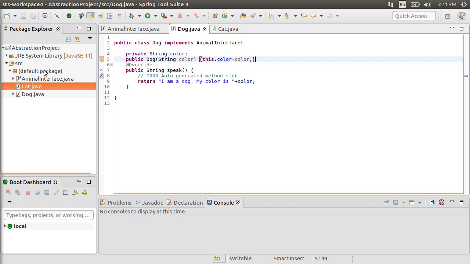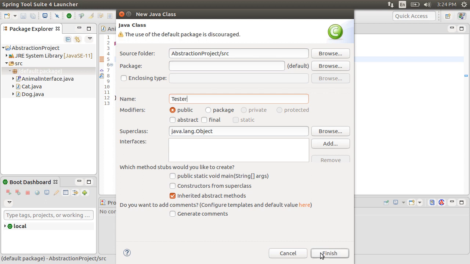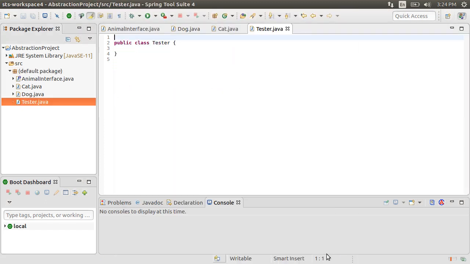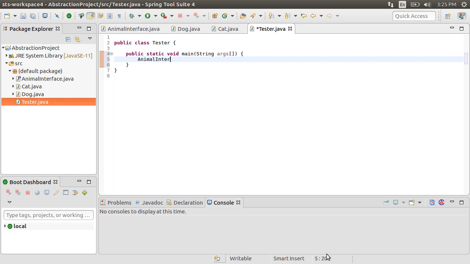Now to test this, let's right click and choose new class, call it Tester. Inside, let's create a public static void main String args. Now this is the method which the Java runtime would call. This is the main method within the Java application. It's the core method of the program and calls all others. It can't return values and accepts parameters for complex command line processing.